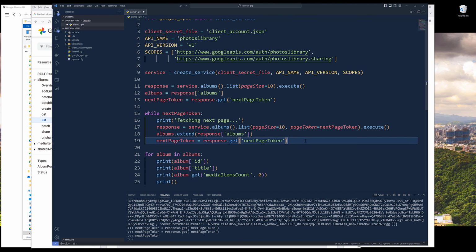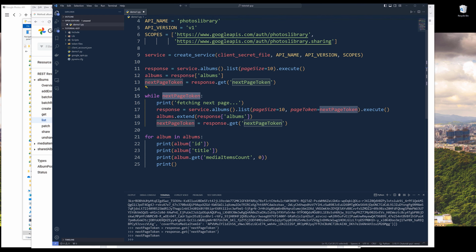In this case, I may have less than 10 albums. But assuming that I have more than 10 albums, I'll run the same method again, except that I will provide the page token to the page token parameter. Then I'll append the albums to the albums list and repeat the process until the next page token is not